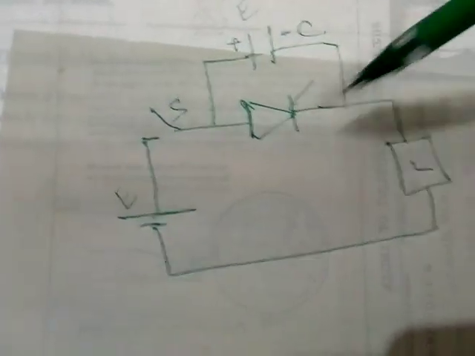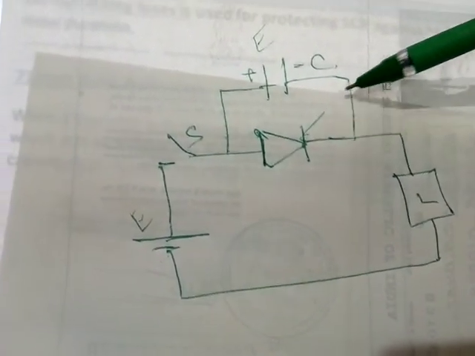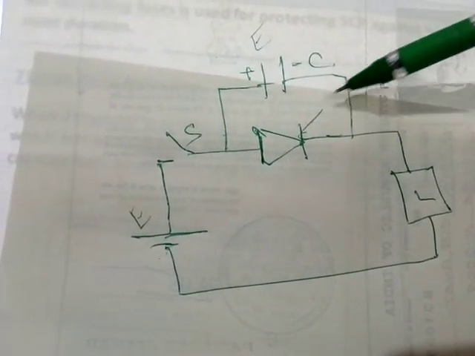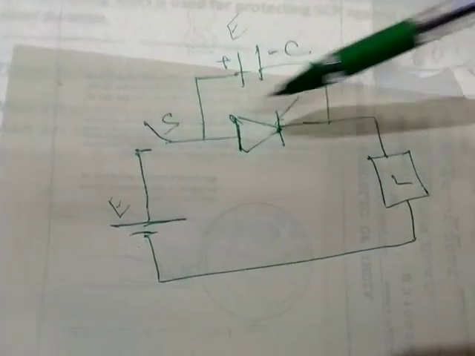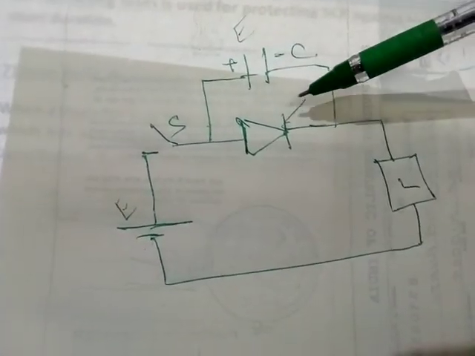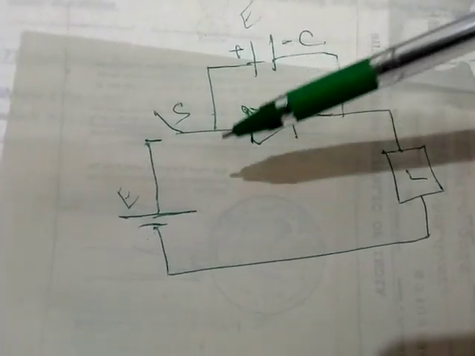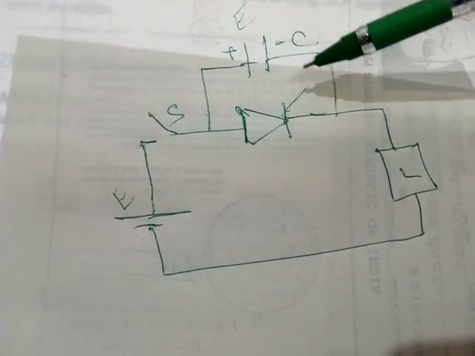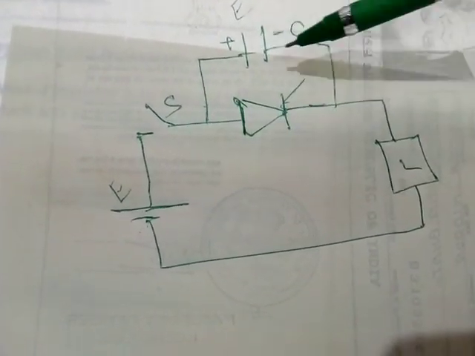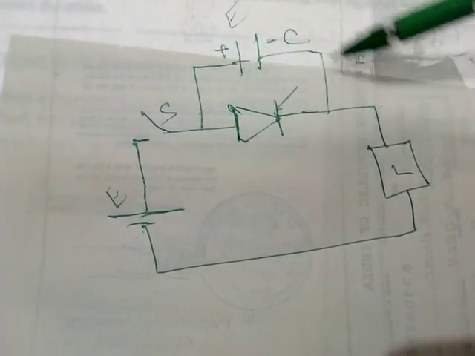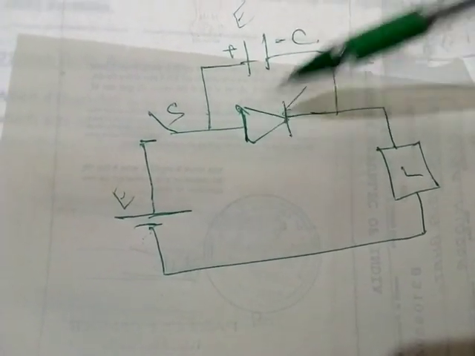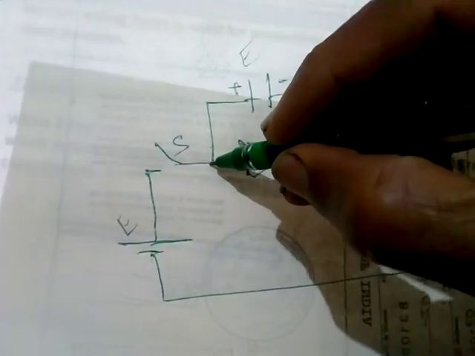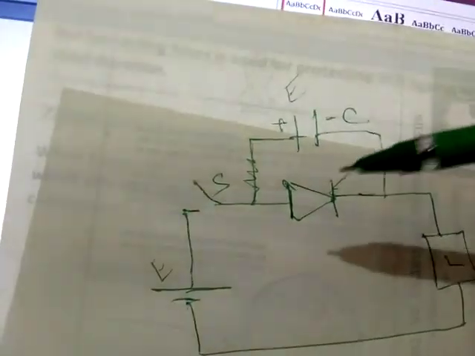When you need the circuit to be energized, you will apply gate current. As soon as you apply gate current, current will flow. This is now closed, but even though it is closed, current will not flow. You have to give gate current. Now it will flow. As soon as you give the gate current, the SCR turns on, short, so the capacitor will discharge here. That high current may destroy the SCR. So we put a series resistance here to limit the current.